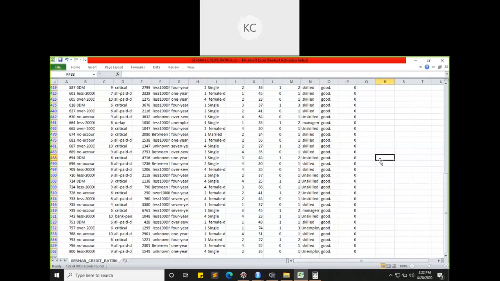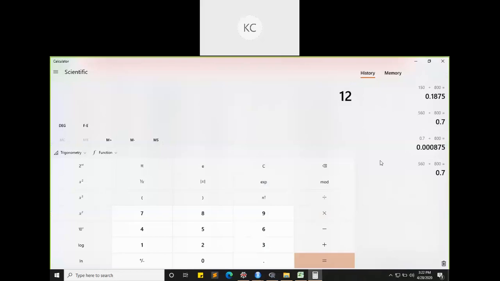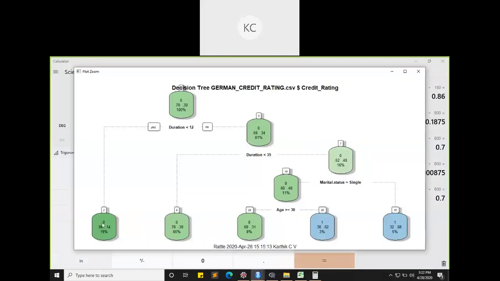If I calculate 129 divided by 150, I get 86. So 86% of this 19% data is having zeros, and the remaining 14% is having ones. If I have a duration less than 12, I may reach this particular node. Observe that this node is a heterogeneous node.